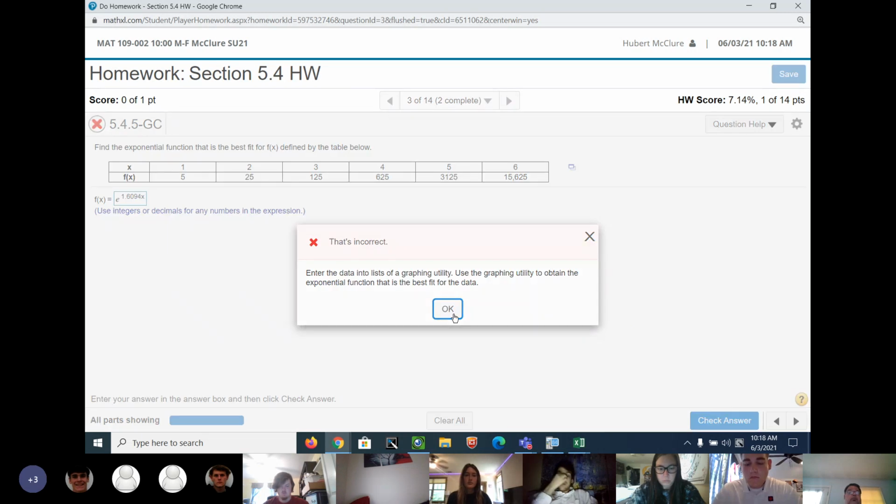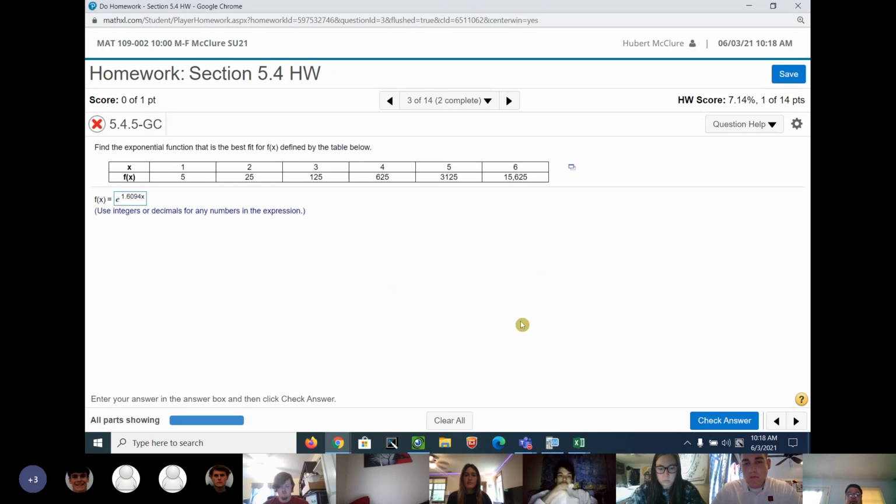See, it marks it wrong, but it's the same. I've just proven it to you algebraically. It is the same. So on this problem, if you do it with your calculator and you get a different answer, then I'd go with your calculator's answer. But if I can prove algebraically that it's the same, that's why I don't want to do,